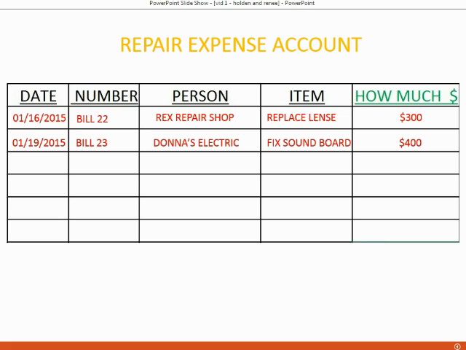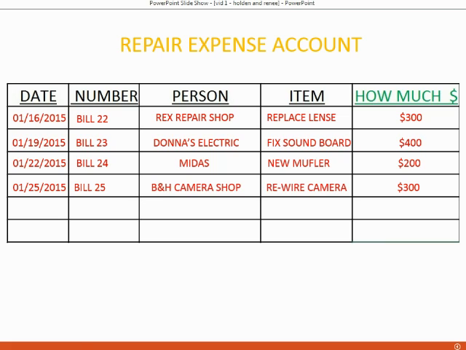Let's imagine on January 19th, Holden got a bill from Donna's Electric for fixing a soundboard. Let's also imagine on January 22, Holden received bill number 24 from Midas to put on a new muffler on the company car in order for him to be able to use the company car for business. And finally, let's imagine on January 25th, Holden received bill number 25 from B&H Camera Shop for rewiring one of